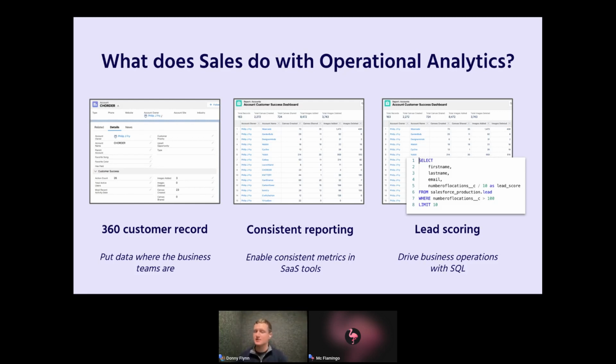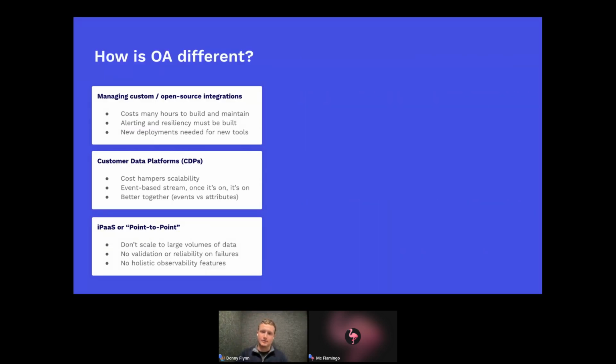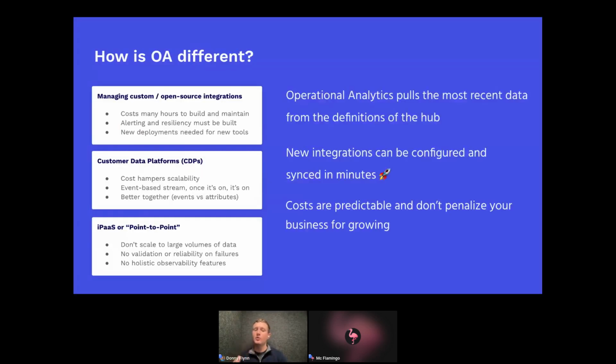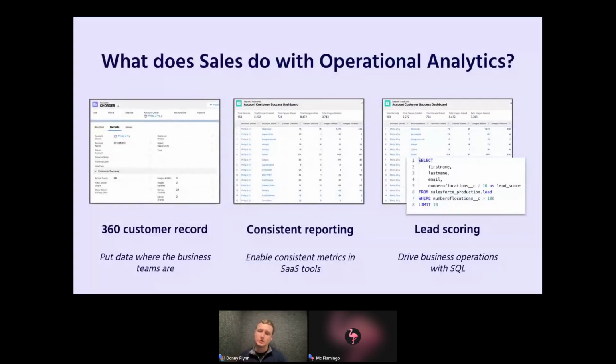The second piece is consistent reporting. A pain point that happens is that reports might not be in sync with each other across different tools, between a BI tool versus a Google Sheet, which might not be in sync with the actual Salesforce report that you want to be up to date